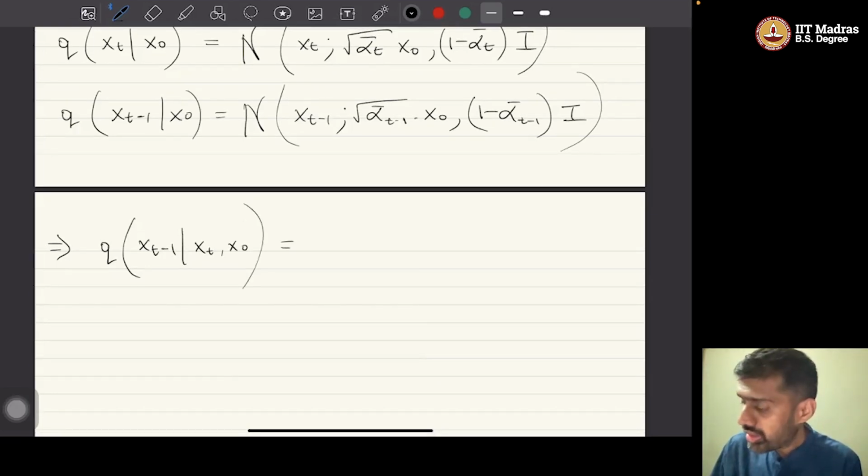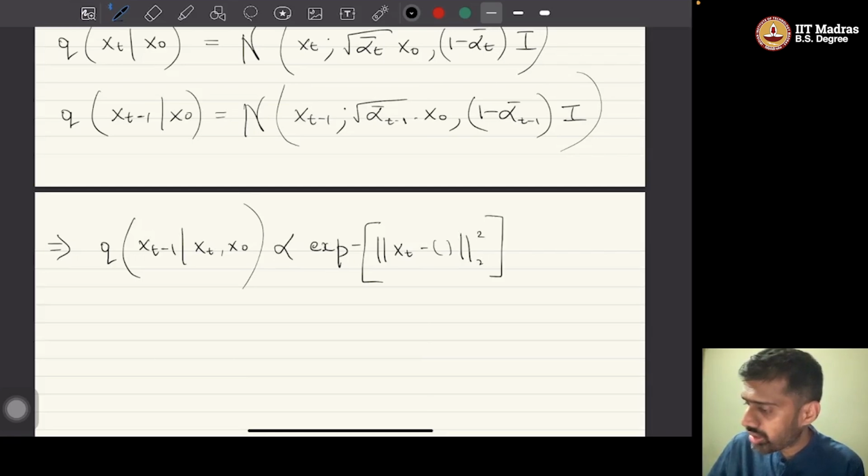This is proportional to, I'll just skip the constant, e power, what do we have? All of them have identity as variances, right? So I can write this as some constant times, because it's a Gaussian distribution, right? So times e power, all of these are Gaussian distributions, minus